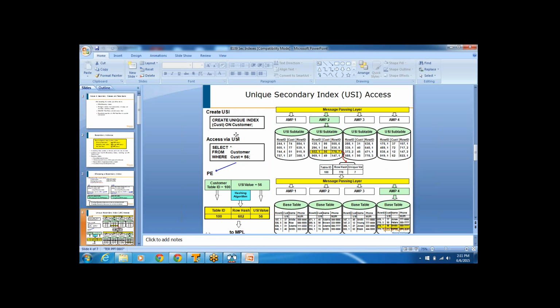Here they have created a unique secondary index, so it observes that this column is a secondary index. So when cust equal to 56 is passed, this value will be passed to the row hashing algorithm, and it gives a value of 602 as the row hash value. So rather than pointing to the base table, since the indexed column used in the where clause is a secondary index column,